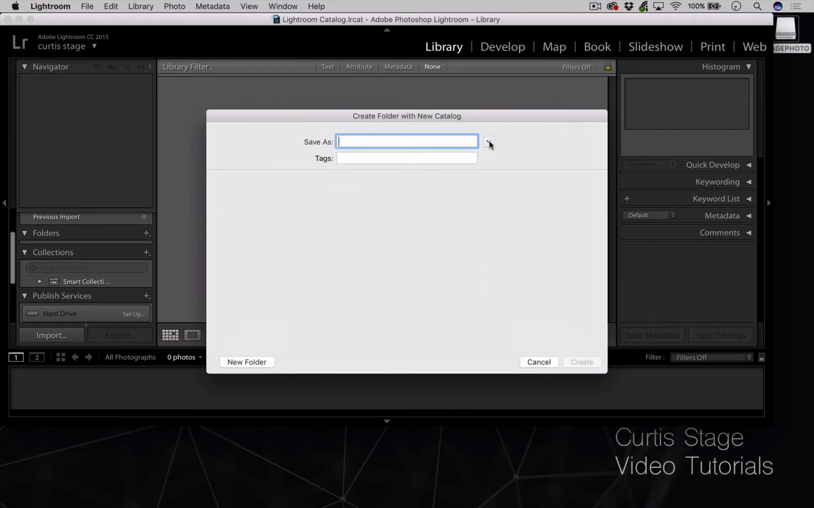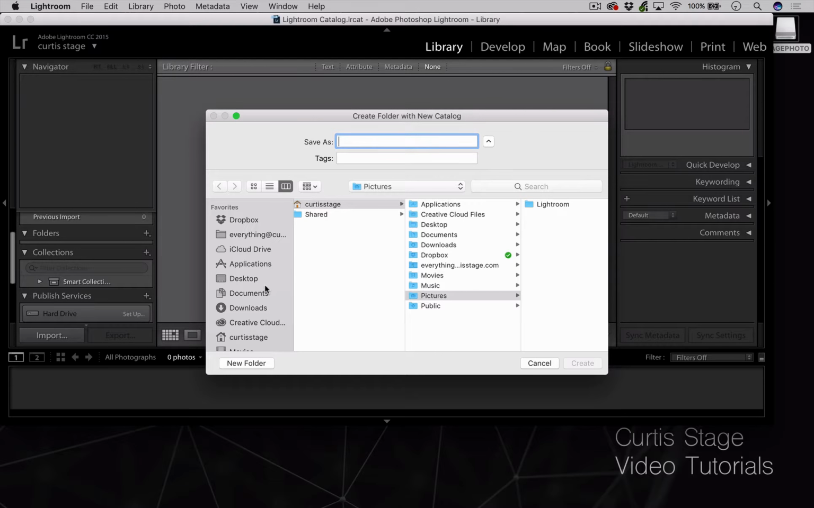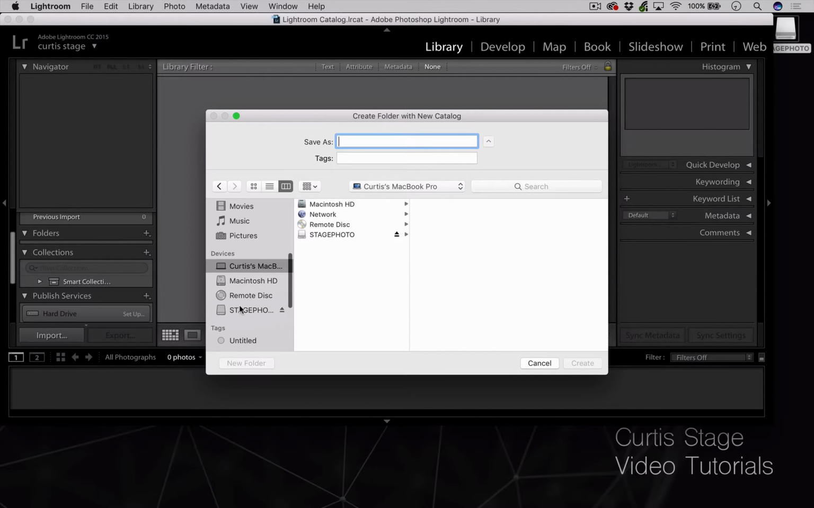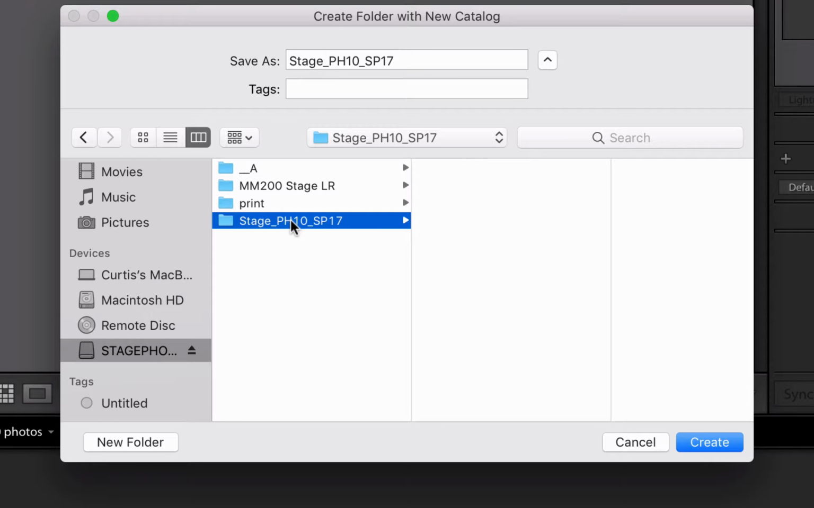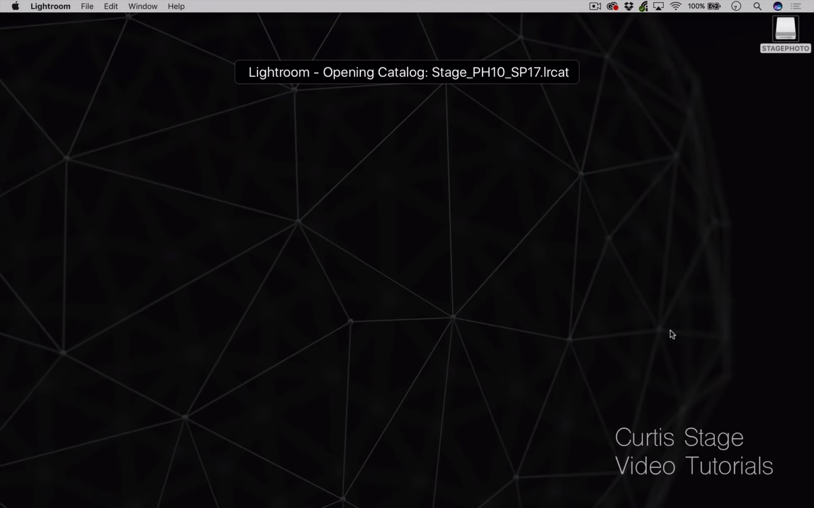And I'm going to open this little button right here, just to expanded view, so I can go and find my USB flash drive, which is right down here. And I want to save this catalog also with my last name, underscore PH10, and underscore or dash, and then the semester that you're in. So once I've got that name there, I want to put it inside the folder that we just created on our flash drive. So I'm going to click Create, and now that catalog is going to be inserted inside that